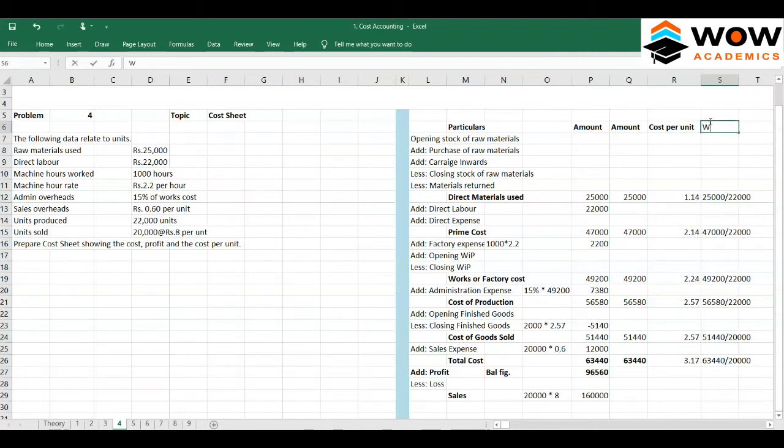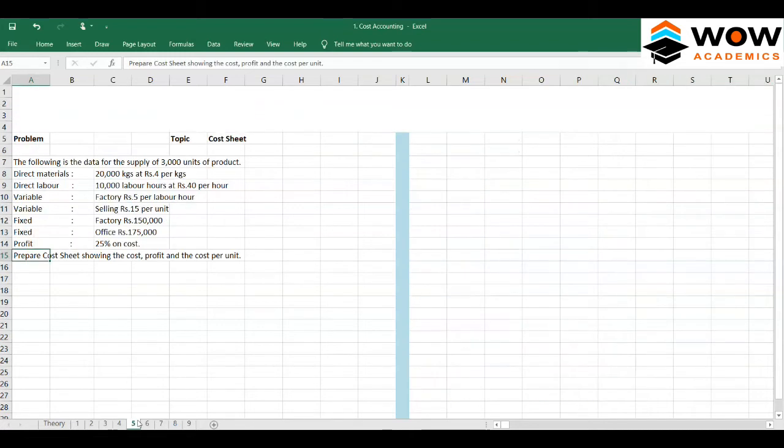So these are the working notes, right? So that's about this sum. So hope you got the idea here. So it's again similar to the same cost sheet, okay, but each sum has a little bit of small differences here and there. So we'll move on to the next sum. Next sum is sum number 5,